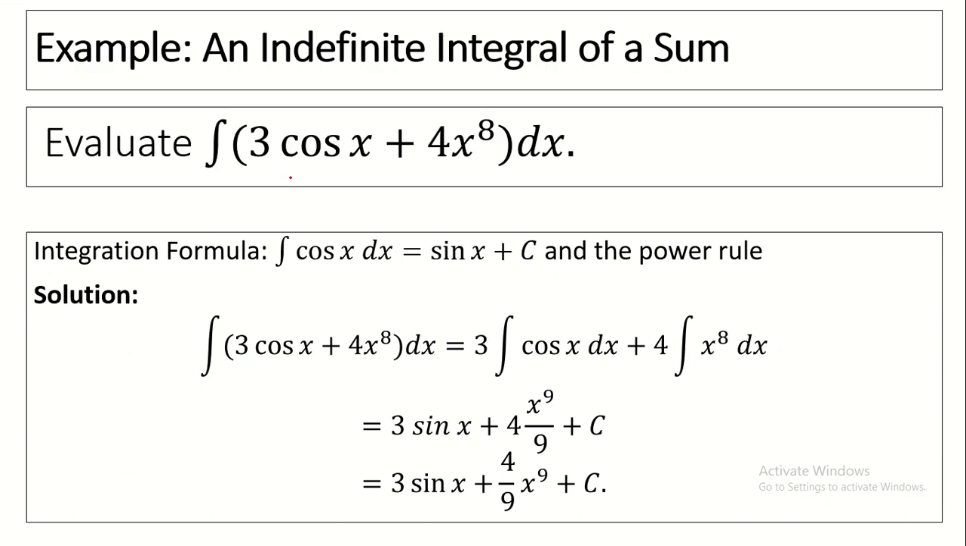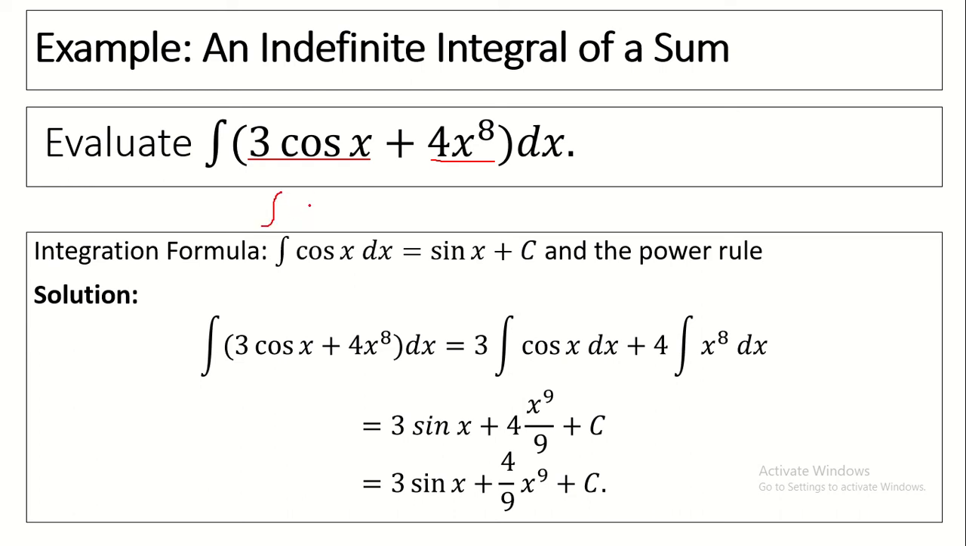Okay. So, example, an indefinite integral of a sum. Evaluate the indefinite integral of 3 cosine x plus 4x raised to 8 with respect to x. Okay, so as you can see, meron tayong mga constants dito or numerical coefficients. We have 3 for this function and we have 4 for the second function. So, ang gagamitin natin ay yung theorem 1.3,